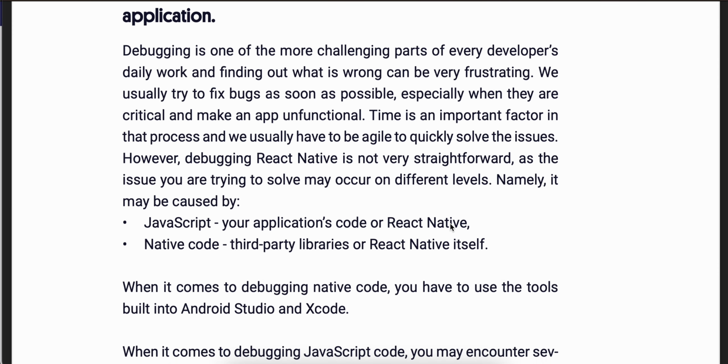Debugging is one of the more challenging parts of every developer's daily work, and finding out what is wrong can be very frustrating. We usually try to fix bugs as soon as possible, especially when they are critical and make an app nonfunctional. Time is an important factor in that process, and we usually have to be agile to quickly solve